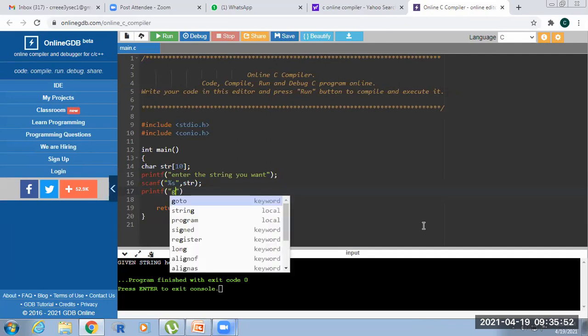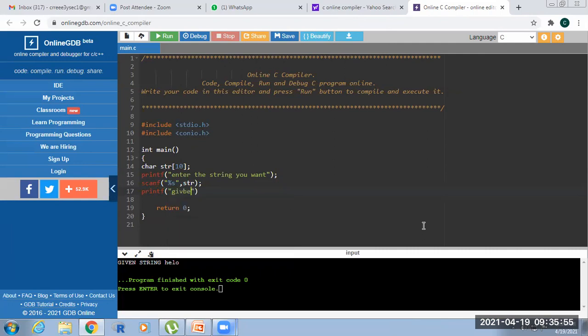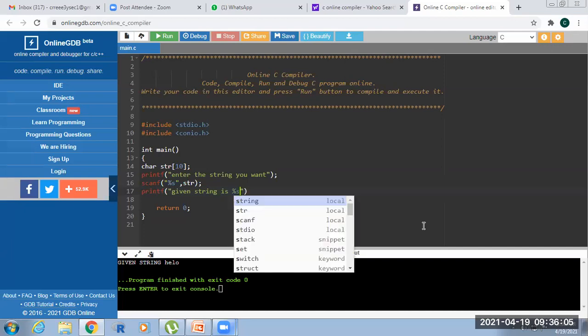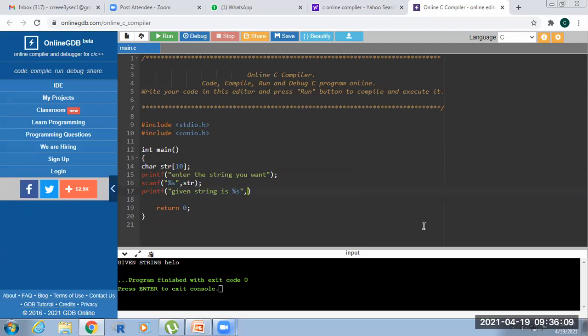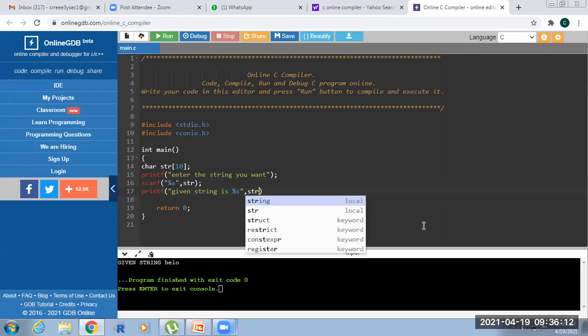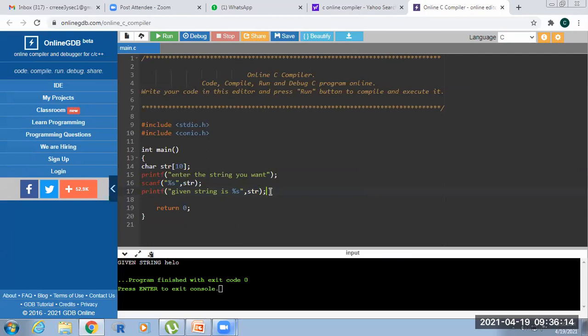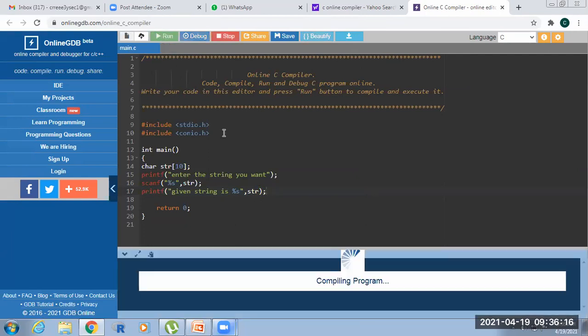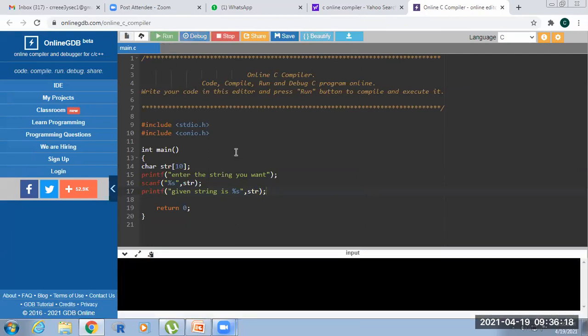Printf, given string is percentage s, comma str. Okay, so just try.